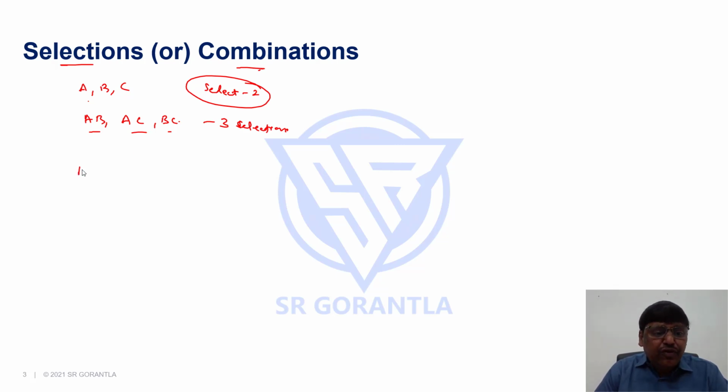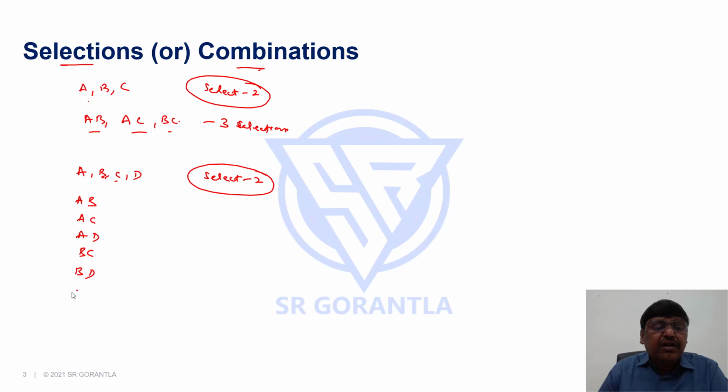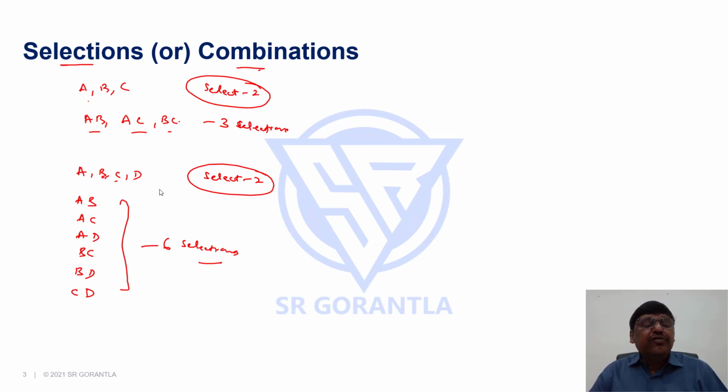Now, for example, if I have four people A, B, C, D, and I want to select again two people, what are the different combinations or selections possible? One combination can be AB, AC, AD, or it can be BC, or BD, or CD. There are six selections or six combinations possible. But now we cannot afford to list like this. If it is three or four people, we can list them out. But if there are say 10 persons and I want to select three people, we can't write all possible combinations. Then how are we going to take it up?